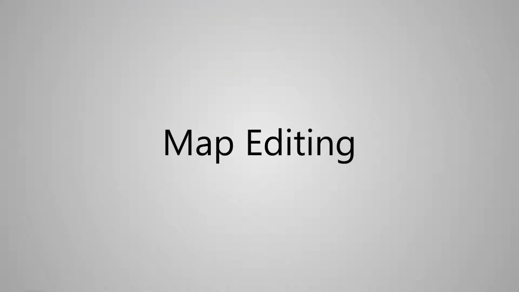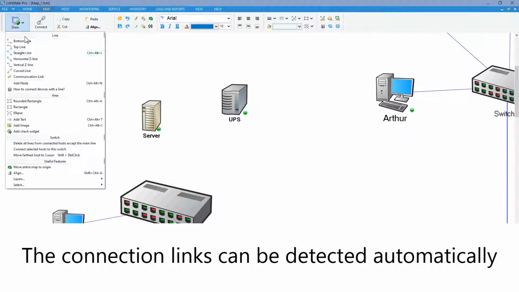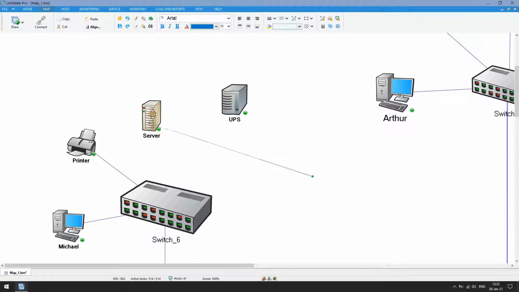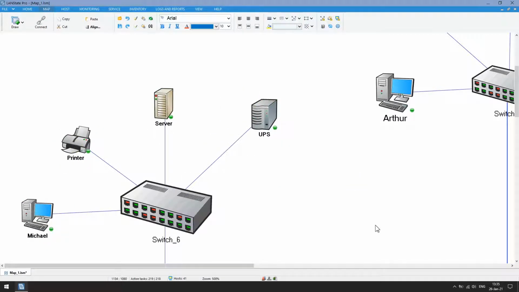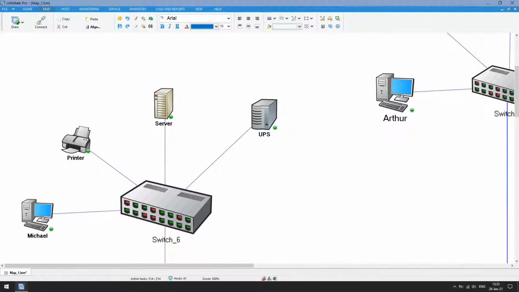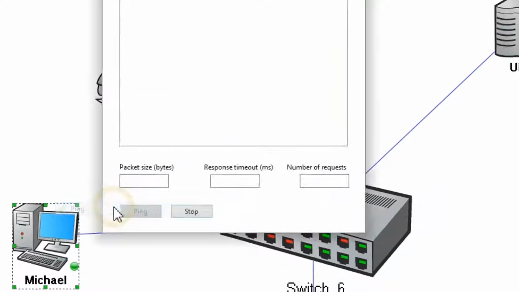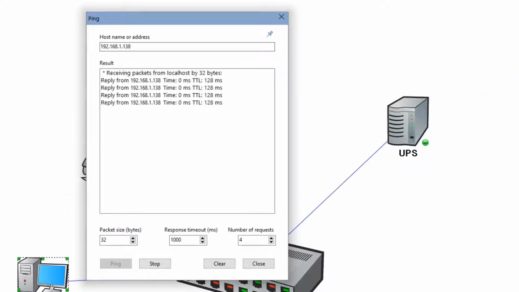While editing the map, we can change device icons, stretch and shrink them, connect with lines, label them, and draw areas. You can also upload a building plan as a background image. You can check the availability of hosts using a ping check. To do this, select the ping menu item under the Host tab or use the map's context menu.